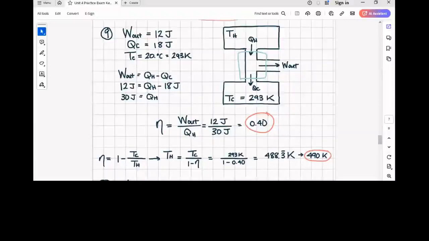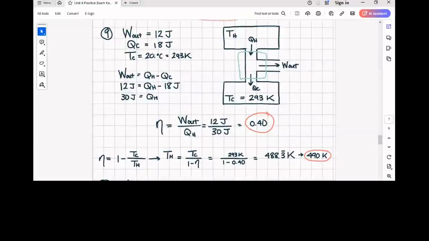So the first time we encountered the terms hot reservoir and cold reservoir, it was when we were talking about conduction, which is heat exchange by systems that are either in indirect contact or direct contact. Here's how we can represent that heat engine with a heat engine diagram. I've got the hot reservoir up here at the top. I have the cold reservoir at the bottom, and I don't know what the minimum temperature of the hot reservoir is yet. But the fact that I know that I get 12 joules of output work in exchange for exhausting 18 joules of heat